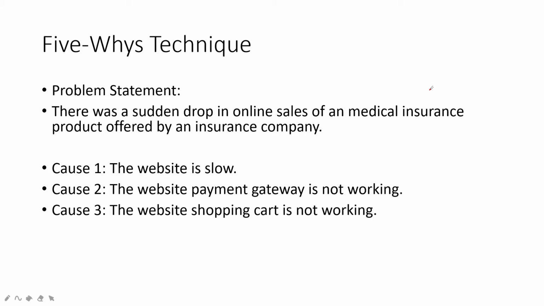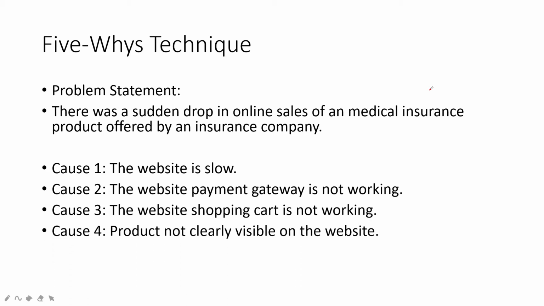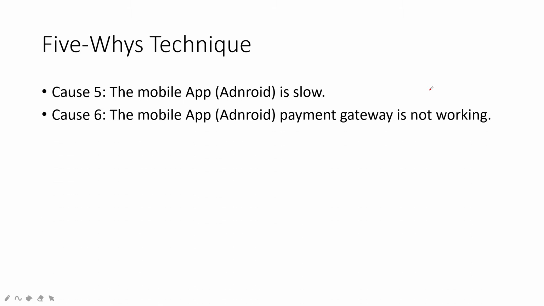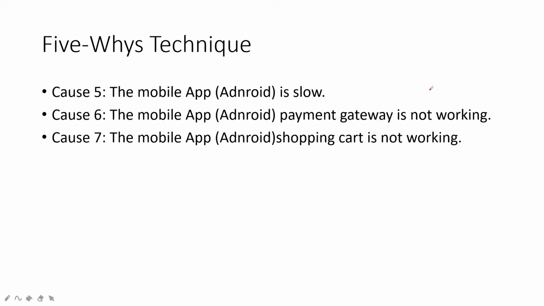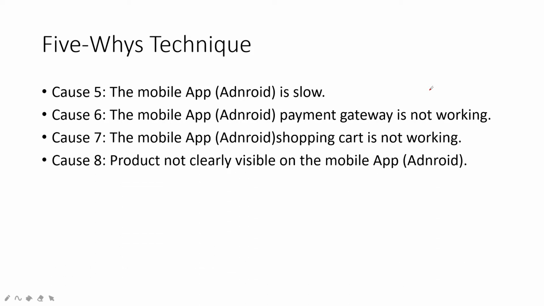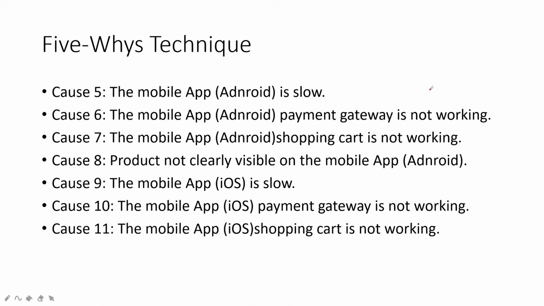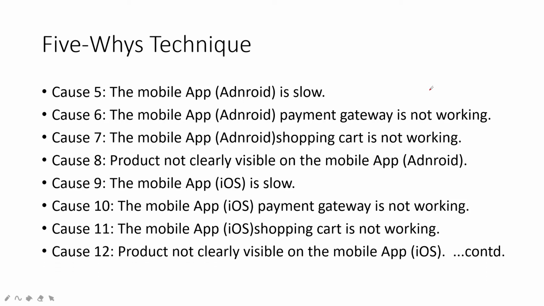cause 3 can be that the website shopping cart is not working, cause 4 can be that the product is not clearly visible on the website, cause 5 the Android app is slow, cause 6 the Android app payment gateway is not working, cause 7 the Android app shopping cart is not working, cause 8 the product is not clearly visible on the Android app, cause 9 the iOS app is slow, cause 10 the iOS app payment gateway is not working, cause 11 the iOS shopping cart is not working, cause 12 the product is not clearly visible on the